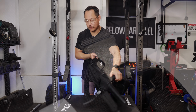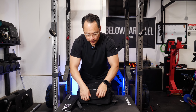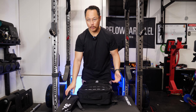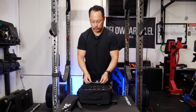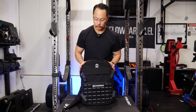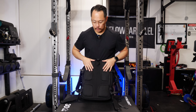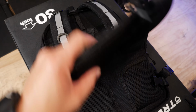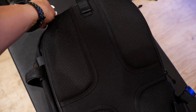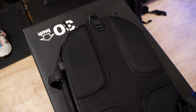And then at the very bottom of the bag too, you also have another grab handle. And on the back side of that, you have some drainage holes. If you were to get the bag wet, you went outside and it was a rainy day, or you got it drenched, you dropped it in a lake or something, it'd be able to drain out using those holes. So the back panel is padded and it's ventilated, and then this back panel also opens up for laptop storage, or you can store another weight plate back here if you wanted to, or you could also hook your